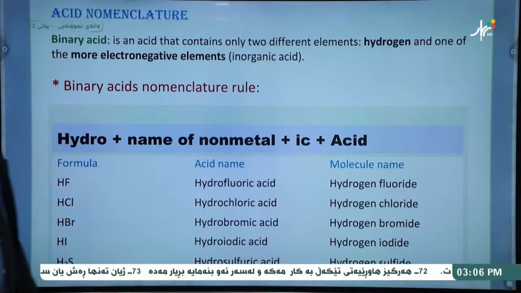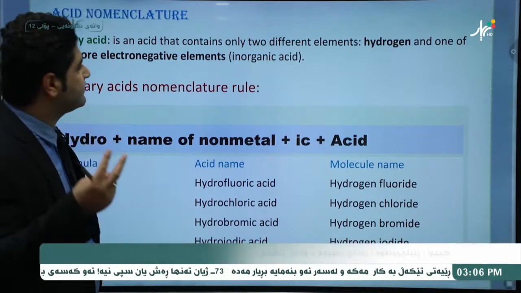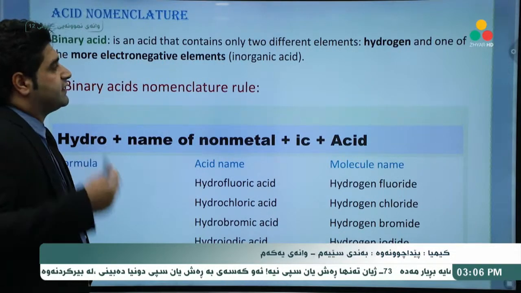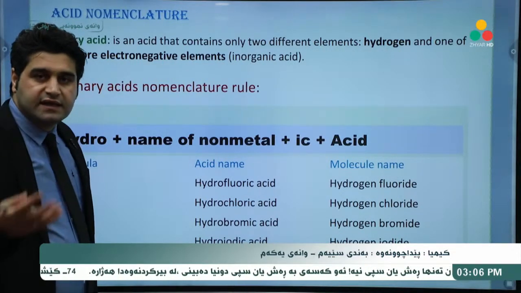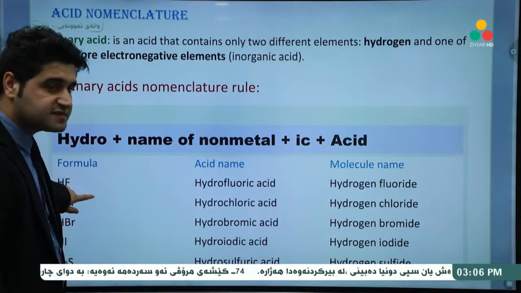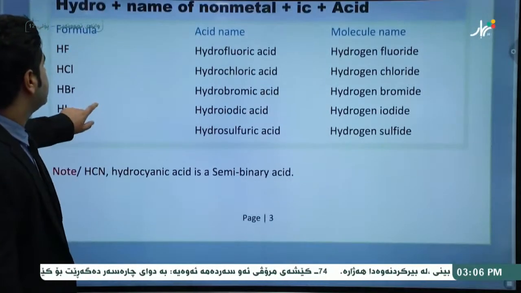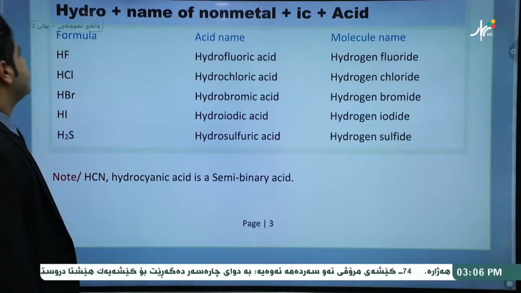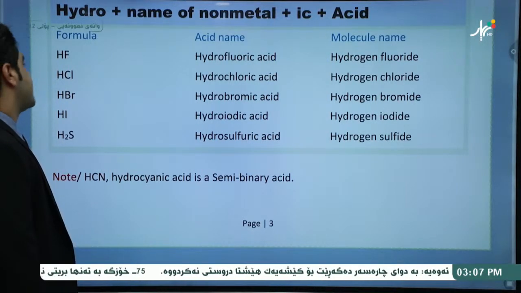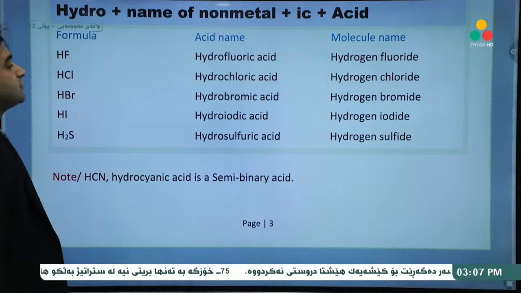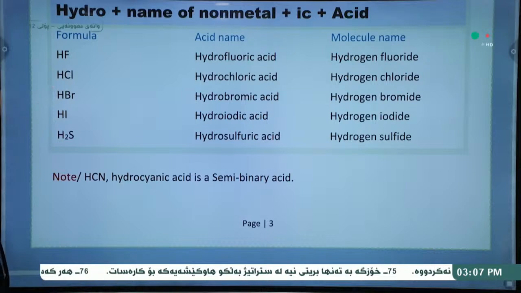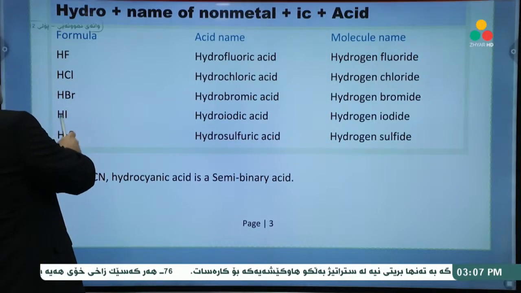So binary acids are acids that contain two different elements: hydrogen and one more electronegative element, especially halogens and also sulfur. For naming the binary acids, we have this rule: hydro plus name of nonmetal plus ic plus acid. HF is hydrofluoric acid, HCl hydrochloric acid, hydrobromic, hydroiodic,